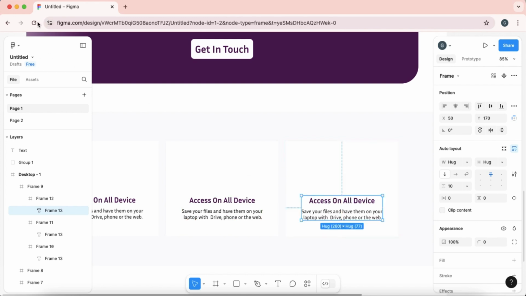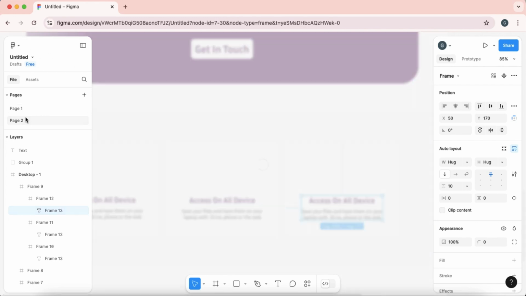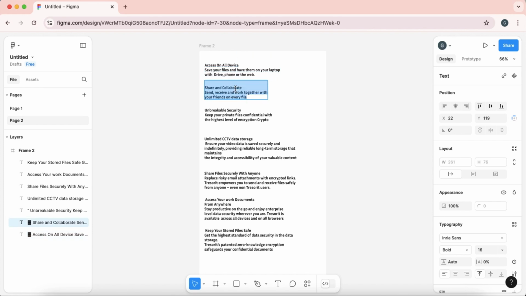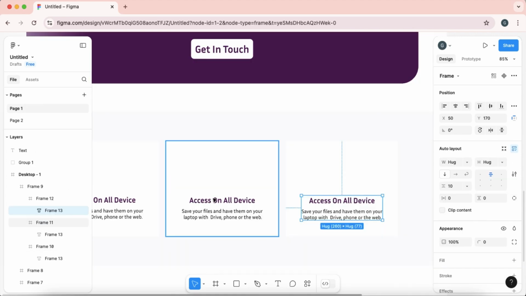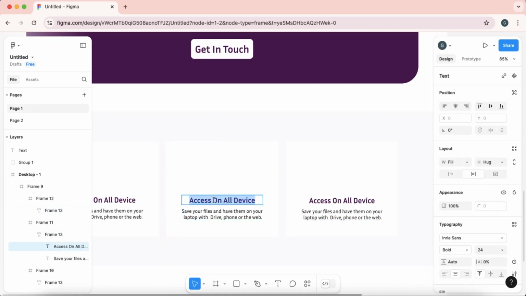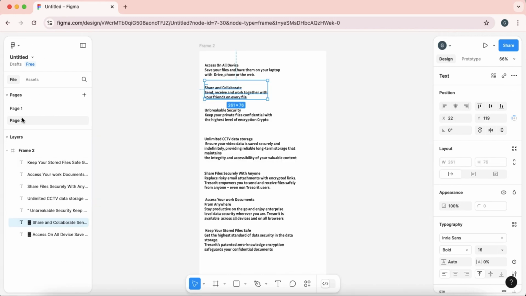No, it's fine, perfect. Now I need to just copy paste the content. And